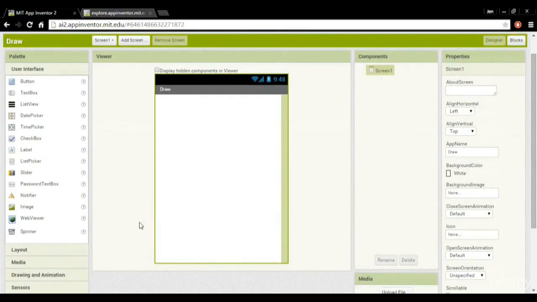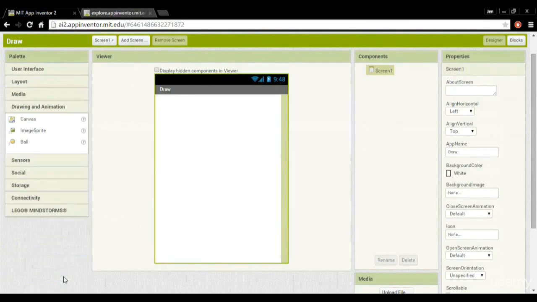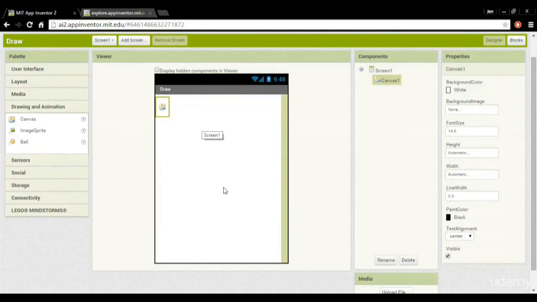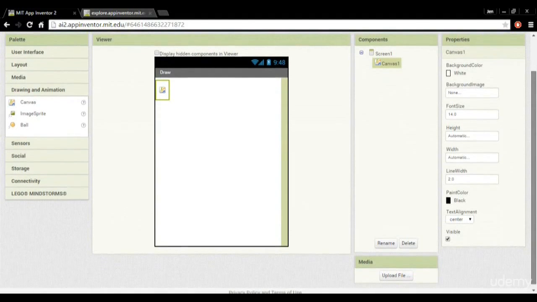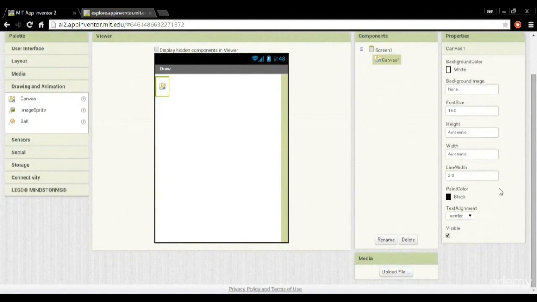So what we need for this is to go into the drawing and animation section, and we're going to drag and drop a canvas into the viewer. I'm just going to leave the name as it is. It's a good idea to change names once you start to build more complicated apps, but when there's only one or two components, you should know exactly which component you're working with. Okay, so I'm not going to rename it,